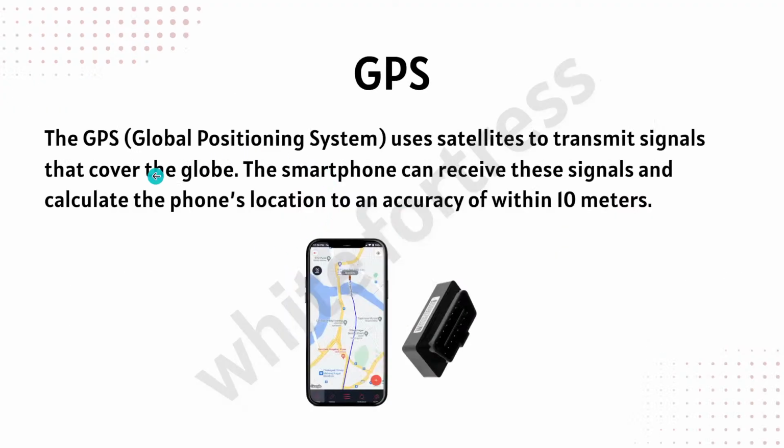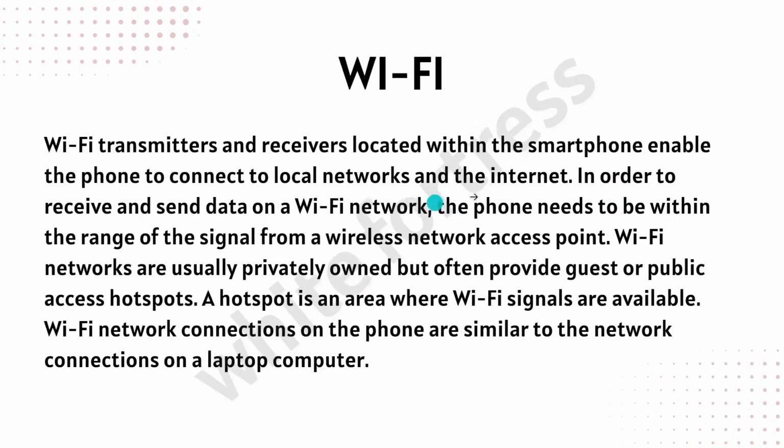Next, we have got GPS. We are already done with this one. Wi-Fi. So, in order to receive and send data on a Wi-Fi network, the phone needs to be within the range of the signal from a wireless network access point. So, it has to be in the range. Like, for example, my device is connected to a 5G network, right? So, it has to be connected